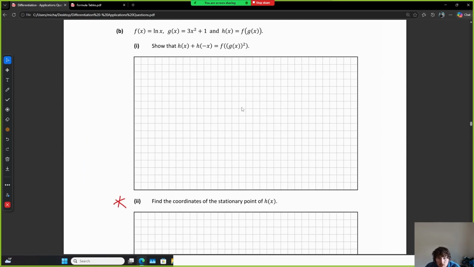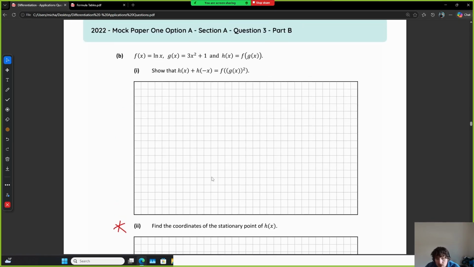Okay, so find the coordinates of the stationary point. So I did this question here just so you understand, for your flashcard, if you don't know what a stationary point is, that's just another word for turning point. So we know our cubics have 2 turning points, and they're called stationary points as well, okay? So just so we're aware of that. So doing this question then,